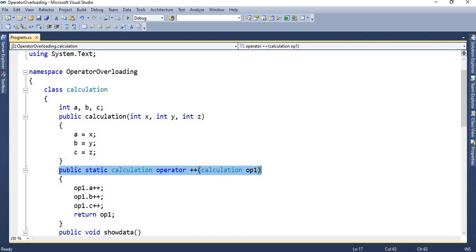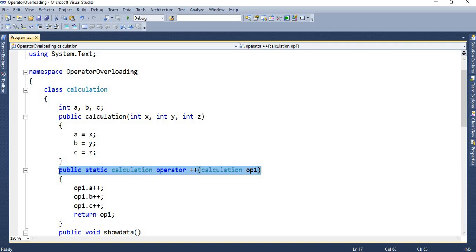But you can't overload some operators like the logical operators and, or, and assignment operators like plus equal to, minus equal to, multiplication equal to, division equal to, and new, sizeof, typeof. Such operators cannot be overloaded with the operator overloading concept.